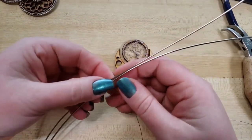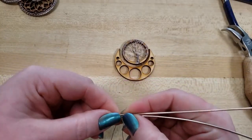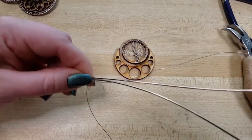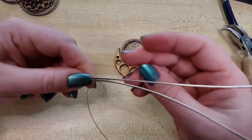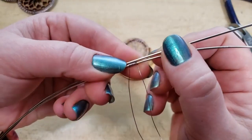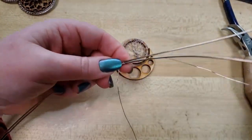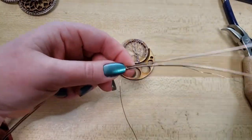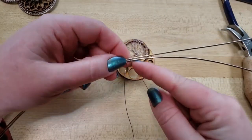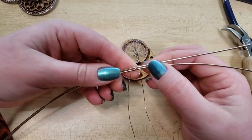And then I'm going to bring this in and do 2 rotations around both. So there's 1, oops, sorry, I didn't mean to bump the tripod, and 2 rotations around both. And then I'm going to do 10 rotations around the 1. So there's 1, 2, 3, 4. I'm actually going to stop at the 4 because I'll